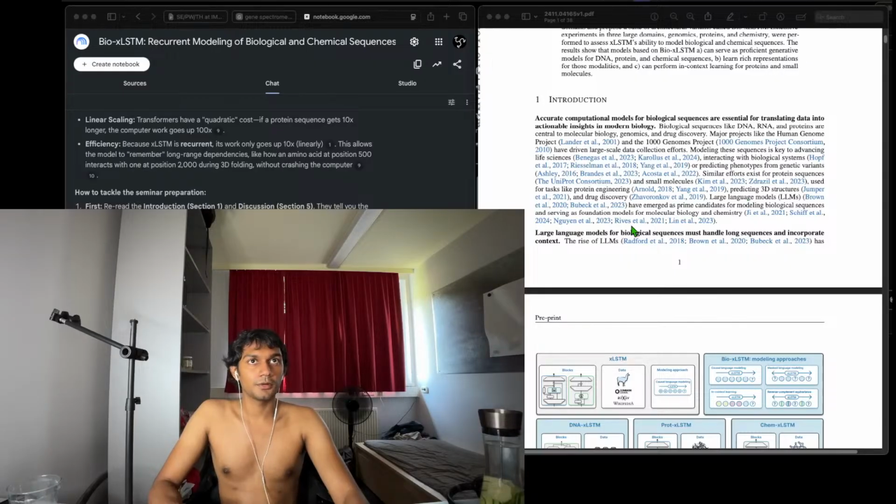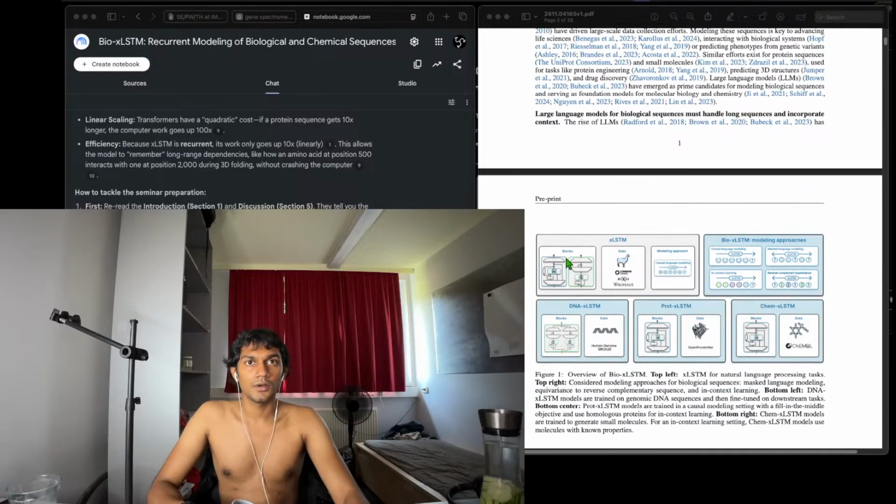Used for tasks like protein engineering, predicting 3D structures. Large language models have emerged as prime candidates for modeling biological sequences and serving as foundation models for molecular biology and chemistry. Large language models for biological sequences must handle long sequences and incorporate context. The rise of LLMs has